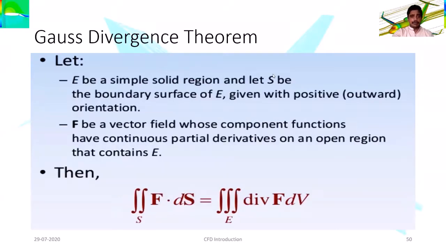I think everyone might have used this in CAD modeling. When you would like to make a three-dimensional solid, what we would generally do is make one rectangular surface initially, and when we extrude it out, it becomes a solid. Similarly, the divergence theorem helps us by combining all those surfaces, joining them to form one complete three-dimensional solid. That is the use of the divergence theorem.